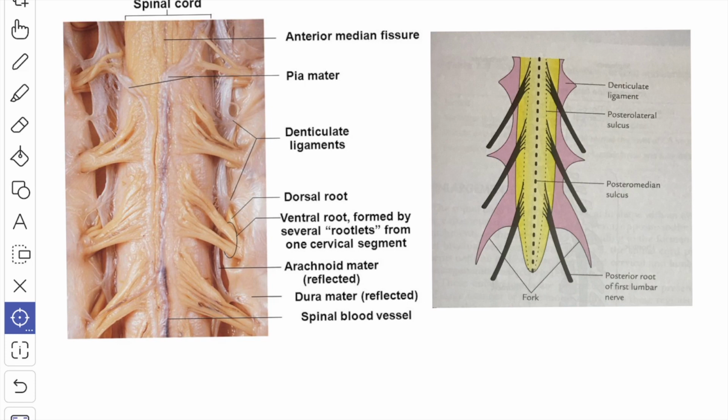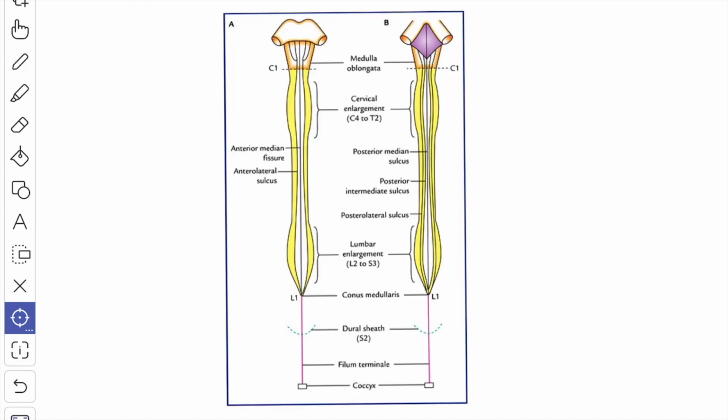The lowest teeth, this forms like a fork. The posterior root of the first lumbar nerve lies on the outer prong of the fork. So in the lower region of the spinal cord, it is the surgeon's guide to the first lumbar nerve and gives him a nerve root of known number from which he can determine the position of whatever nerve root he is in search of. Next we'll see about the external features of the spinal cord.